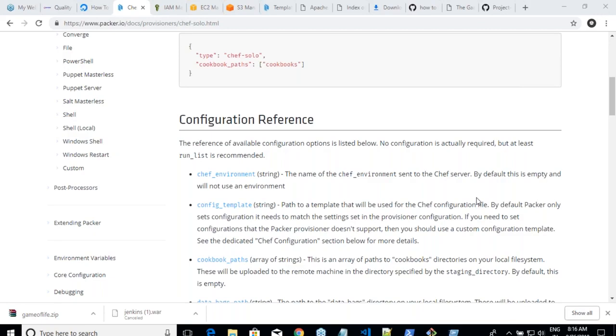So for example, today you are installing Java 7. Tomorrow your architect might come and say I want Java 8. That is a change. Change means a new image. Any change means a new image. That's why we call it immutable infrastructure. That's the whole point of Packer: we don't rebuild, we just build a new one always.